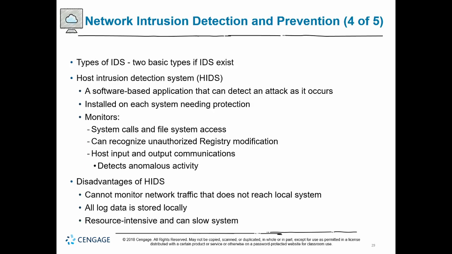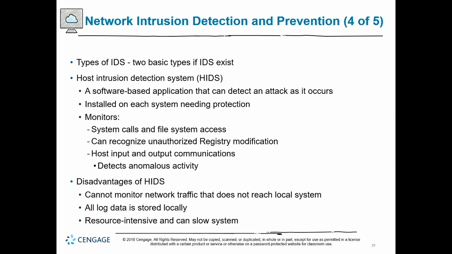So there are two different types of IDSs. One is the host intrusion detection system, which is a software-based application that can detect an attack as it occurs, installed on each system needing protection. It essentially monitors system calls and file system access, can recognize unauthorized registry modification and host input and output communication, and detects anomalous behaviors. Now, the disadvantage of host intrusion detection systems is that it cannot monitor network traffic,